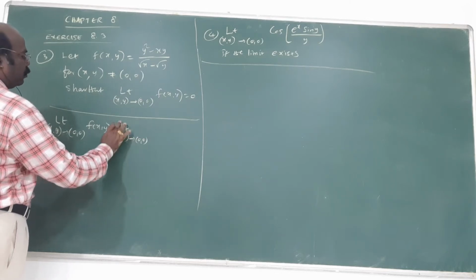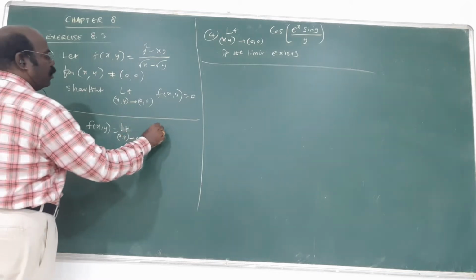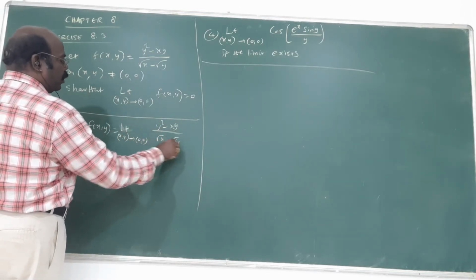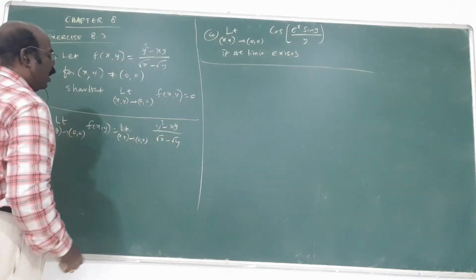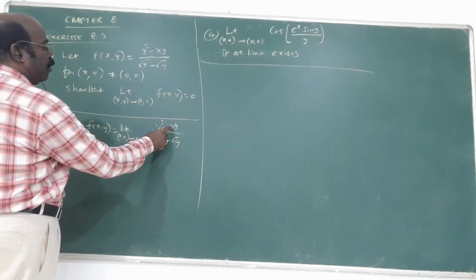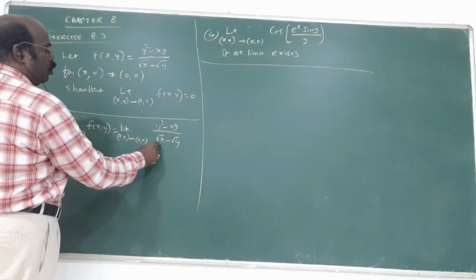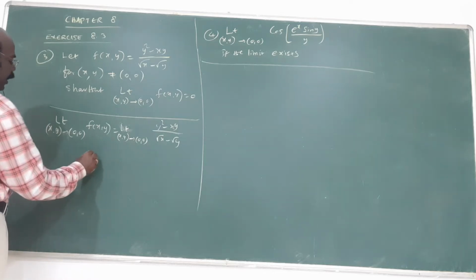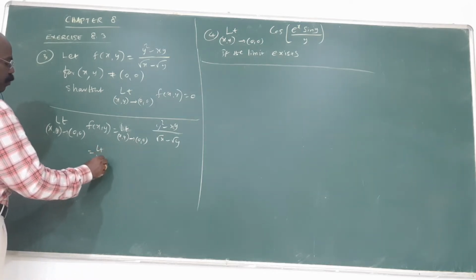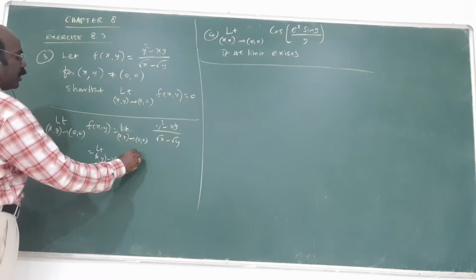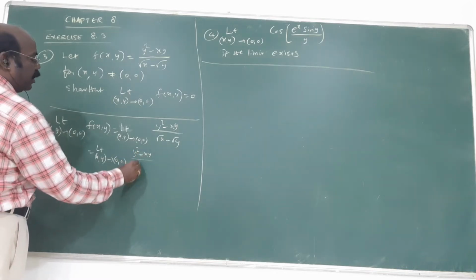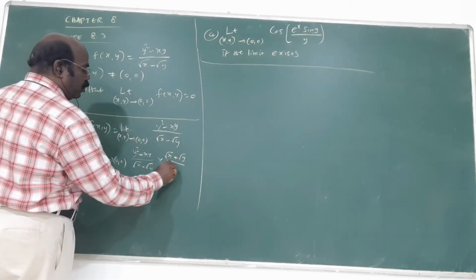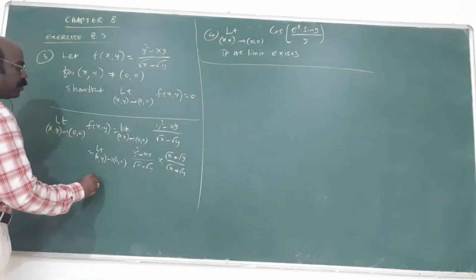This is the question: f of x y equal to y square minus xy by root x minus root y. Now apply 0: 0 square minus 0 is 0, here also 0 minus 0. The 0 by 0 form is coming. That is not the answer. Am I right? That's why, as before, multiply and divide by the conjugate of the denominator, root x plus root y by root x plus root y. Am I right?